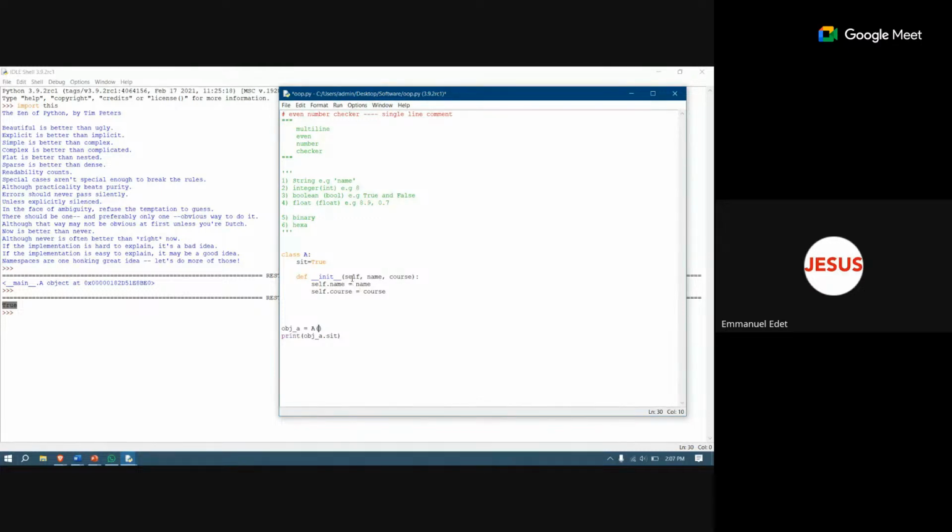Note, this self can be any name. But just note that the first argument here will be used to call the rest of the arguments in your constructor. The reason is that the self is used to reference what we have inside the constructor. So I have two important things in my constructor, name and course. The self will be used to access this name and course. If I use a different name here, like S, it will be used to access name, and so on. So when I come down here, I'll specify the name as Sam, for instance, and the course is software engineering